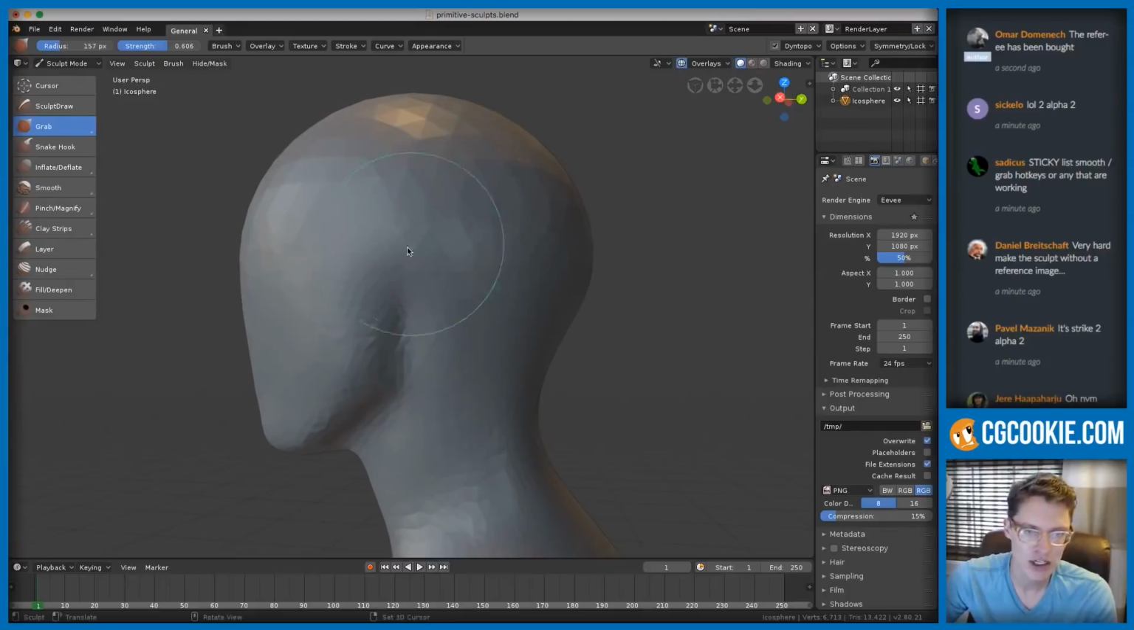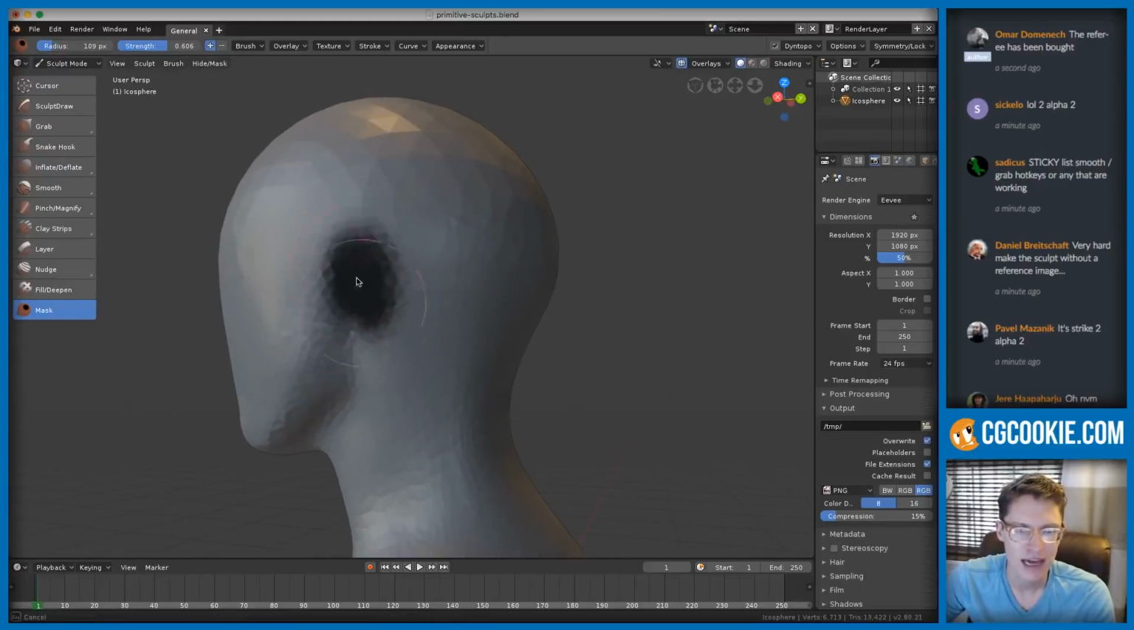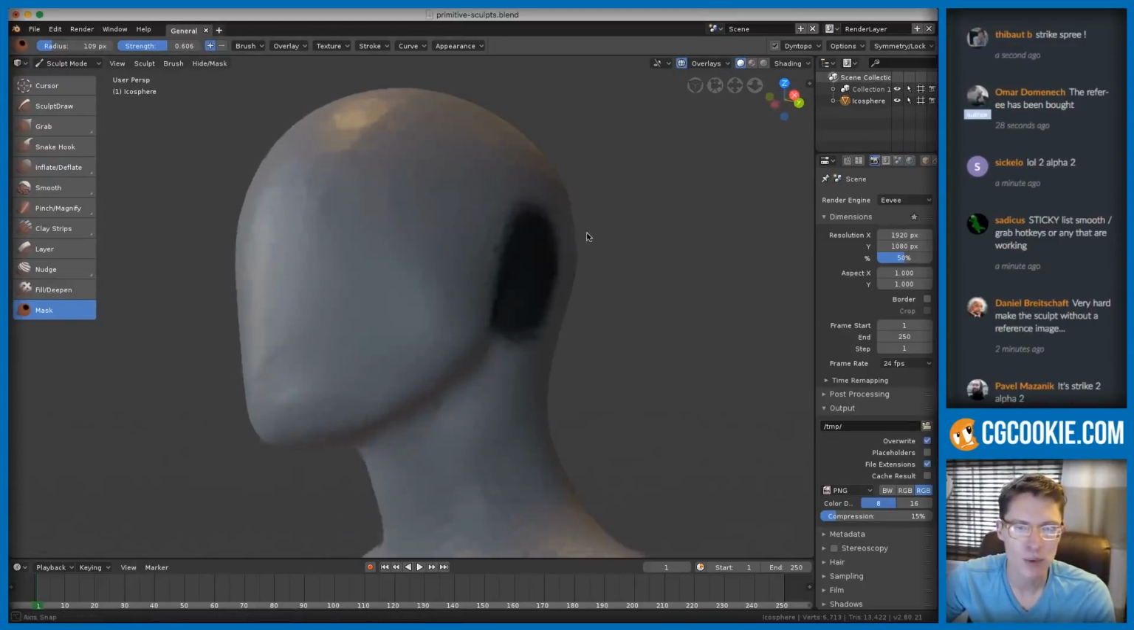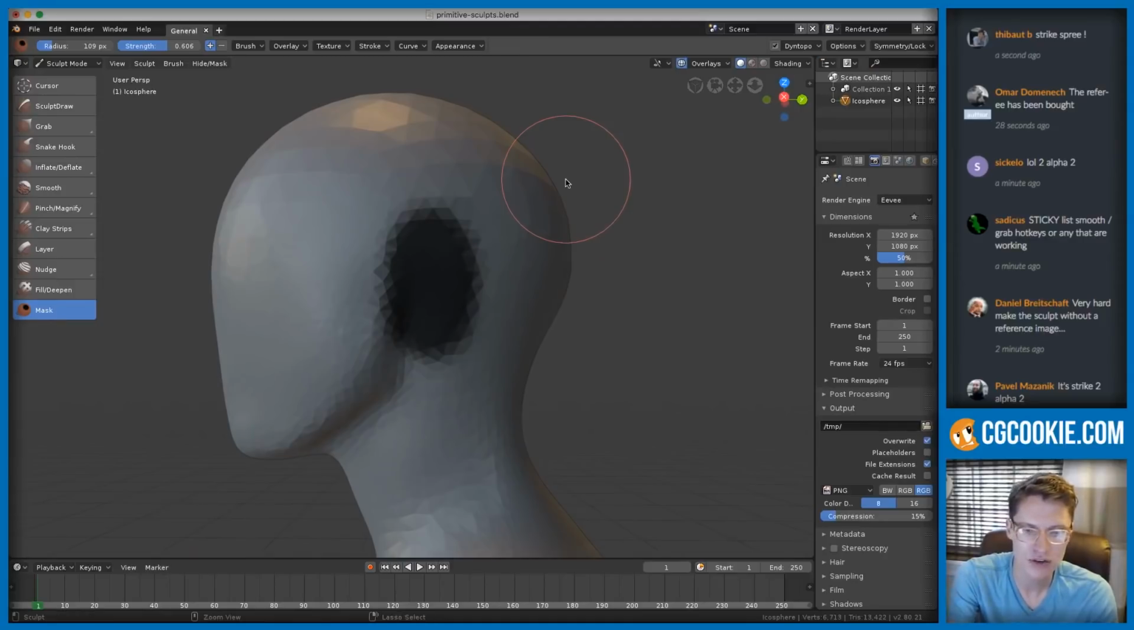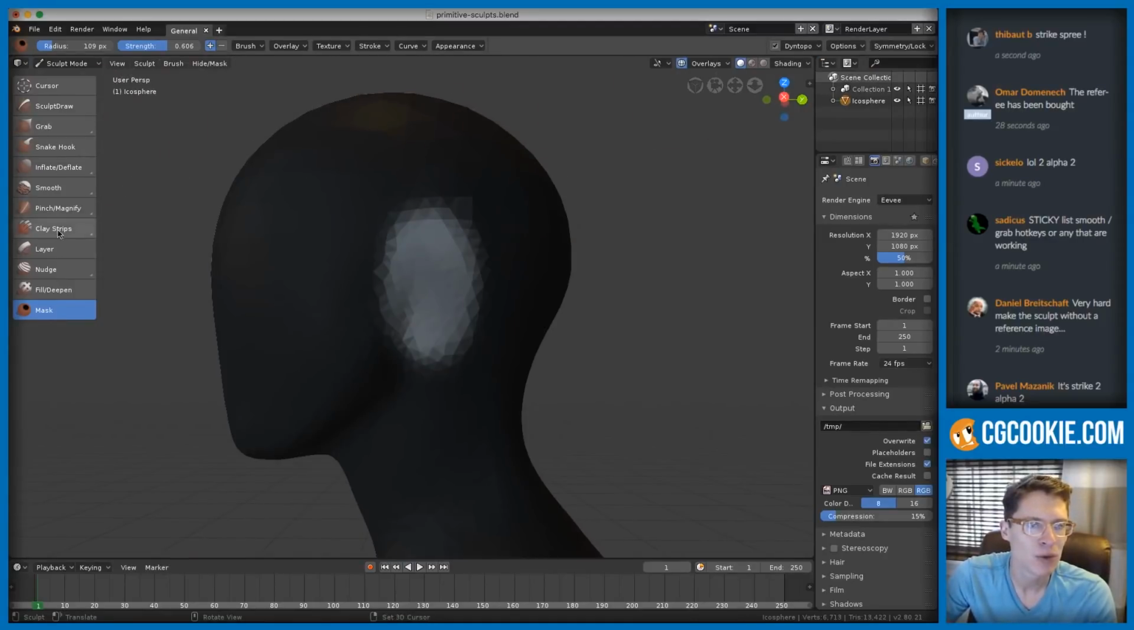How about an ear shape? For this, I'm going to use a mask brush first. I'm just going to draw like a blob where the ear should be. Mask that area, Control I to invert it, and we'll use